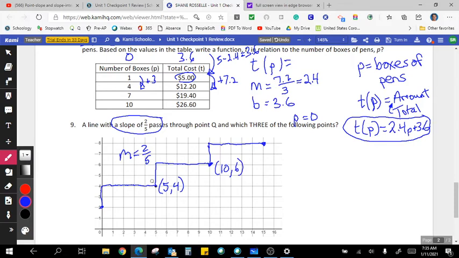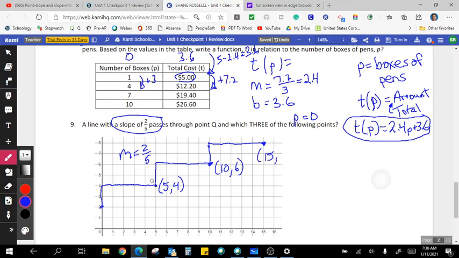This point is 15 comma 8. And this point right here is 0 comma 2. So we've defined, other than the point Q, which is 5 comma 4,